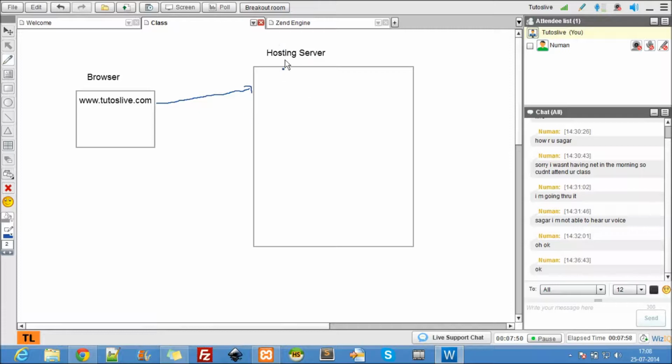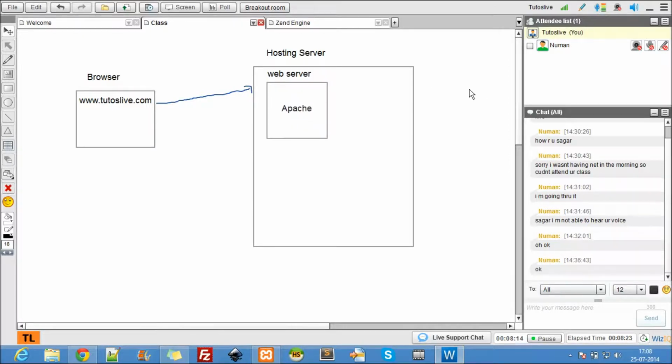So it goes to the hosting server where my code is hosted. In that hosting server, they have a web server. Usually this web server in our context is called Apache. It can be anything, but we'll be using Apache.